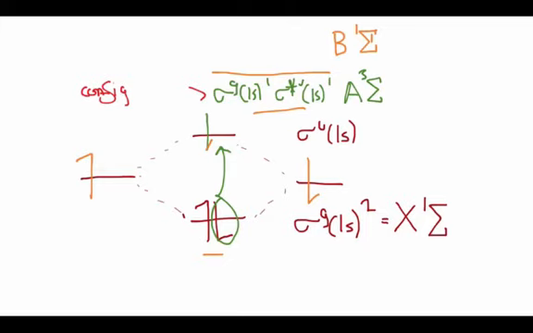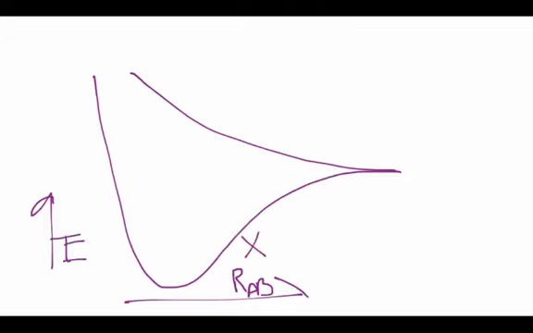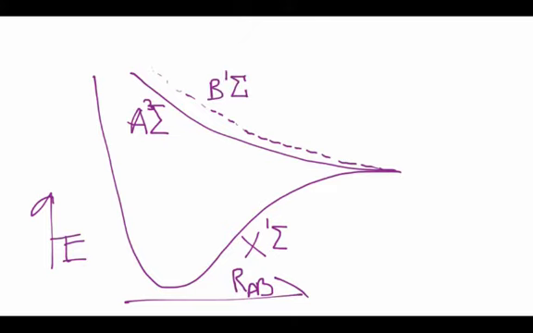And let's look at this in the sense of a geometrical drawing here, where I now have the bond, a nice little Morse function, the bond distance, A and B, energy, and there's my X singlet sigma, my A triplet sigma, and my B singlet sigma electronic energy levels here, where the X singlet sigma is the bound interaction of the two electrons, the bonding. We're filling the sigma gerade orbital, and with the A triplet sigma and the B singlet sigma, we've filled both the sigma gerade and the sigma star ungerade, so we have no bond, and it's a purely repulsive